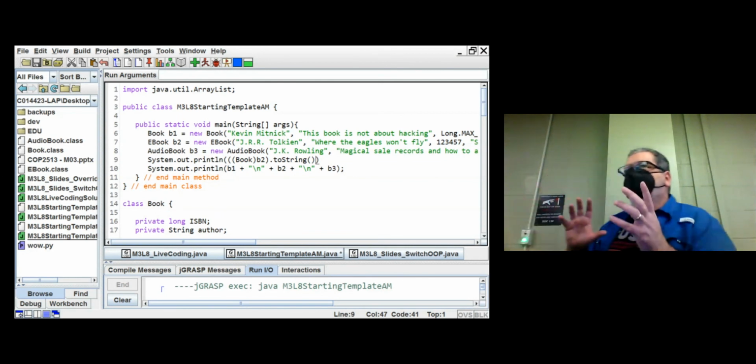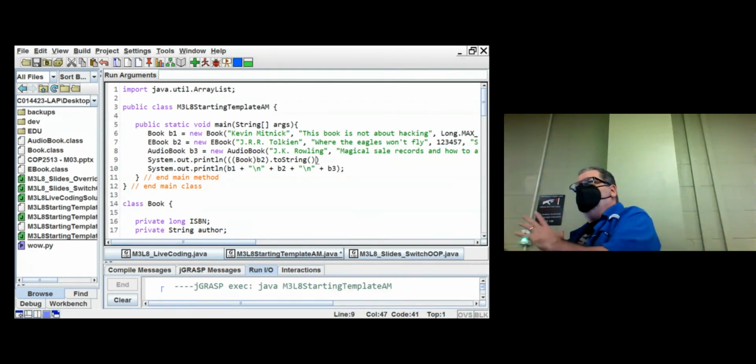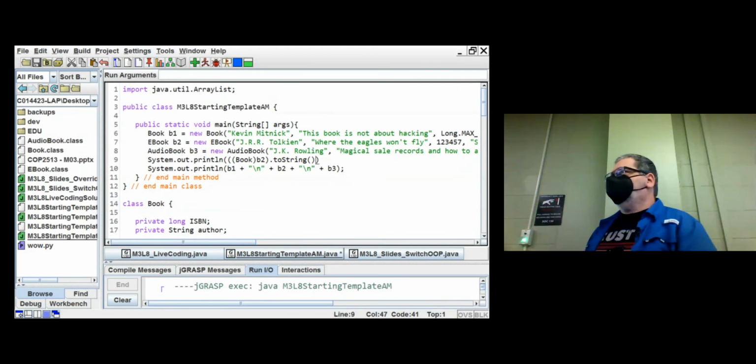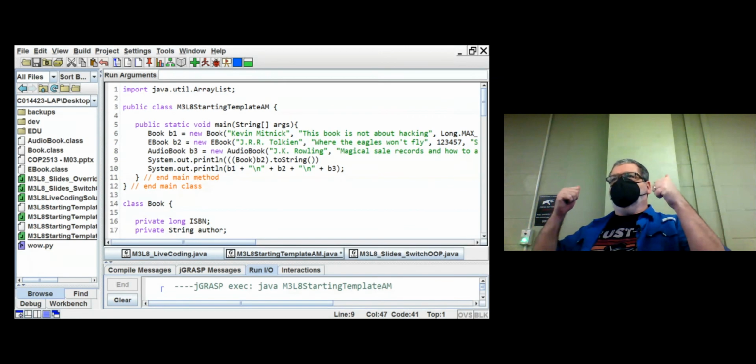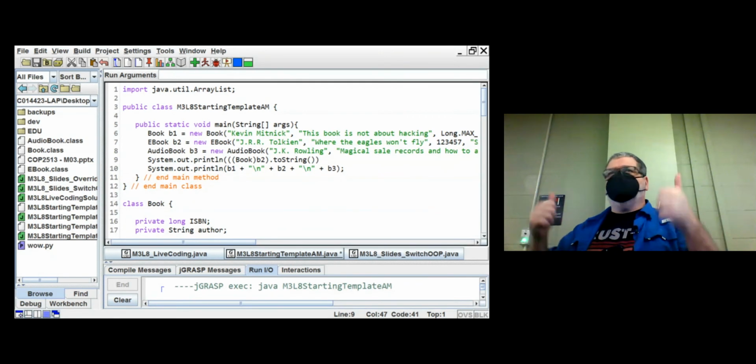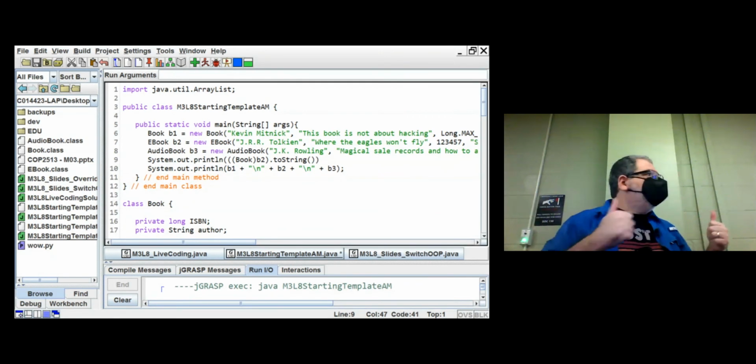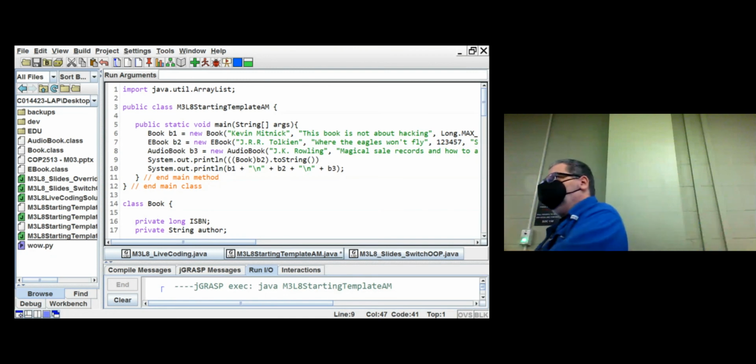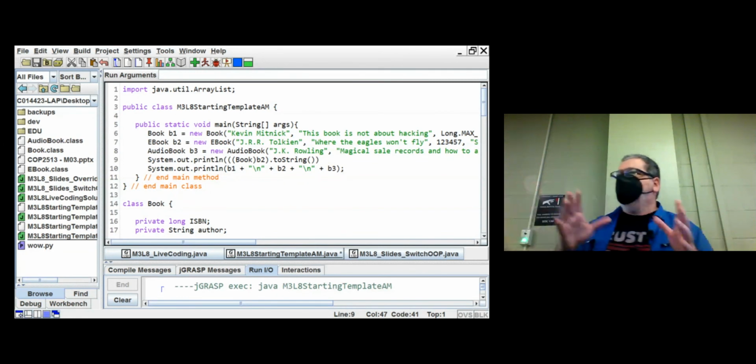But now the reference is a reference of type book, which means I look at it like it's a book. So can I call toString on a book? Method matching says, okay, because it's defined in the class. Now, when I call toString on that object, what version is going to run? The ebook version, because that object is and always has been an ebook. So that's the difference between method matching,